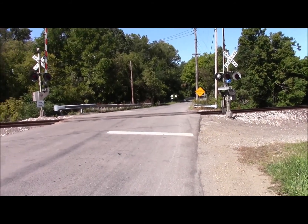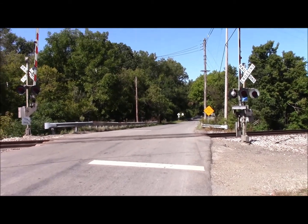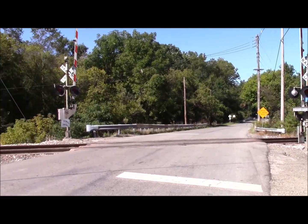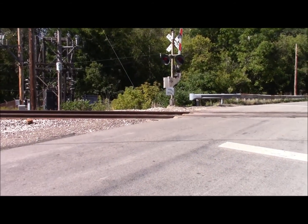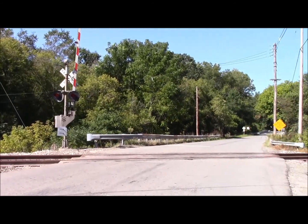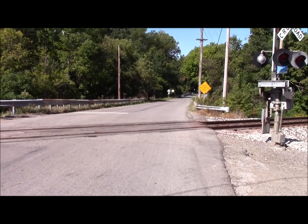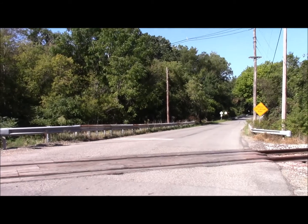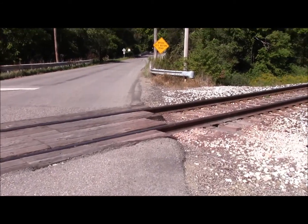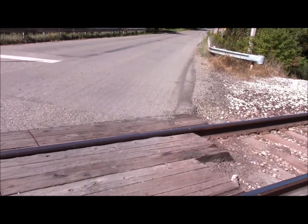Here we are coming up on the railroad tracks I have to cross on the walk. Yep, here comes the car. I'm gonna